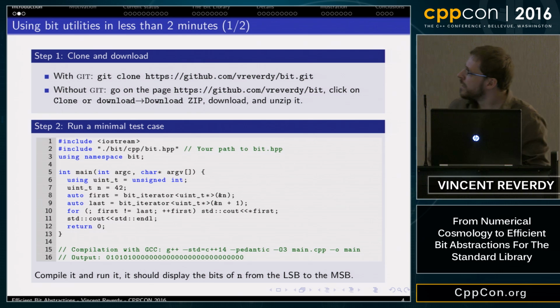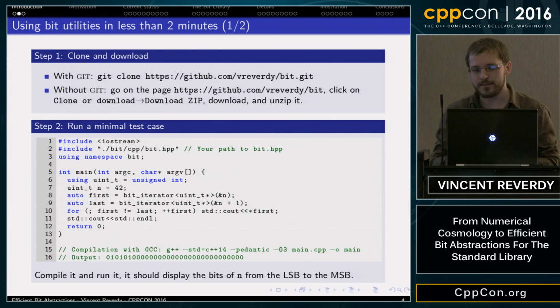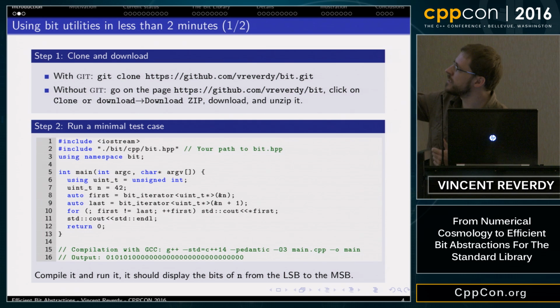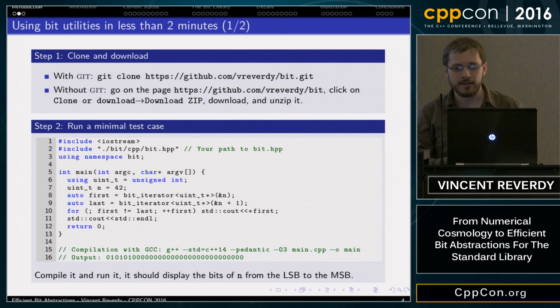For example, here we declare an unsigned int. We set it to 42. And then we will try to observe the bits of that unsigned integer. So we create a bit iterator on the address of the unsigned integer, and we call it first, and we create another one on the next unsigned integer.